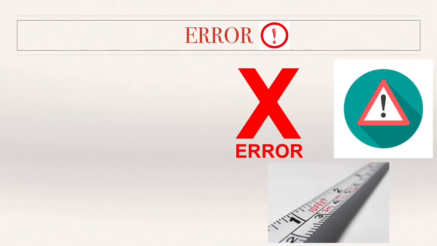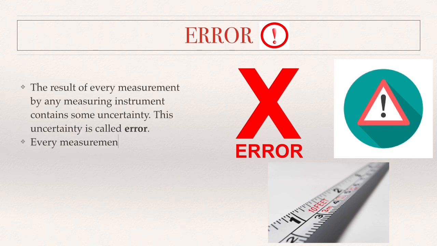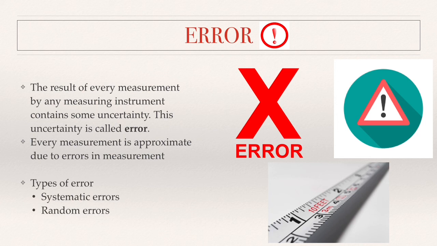Well, the main purpose of representing any measurement in a Gaussian distribution is that there is an uncertainty in any measurement. However hard we try, we cannot achieve a 100% accurate measurement because instruments have some limitations. Humans also have some limitations. Although if we use any machines, they have some limitations. So every result has some uncertainties. These uncertainties are called error, and these errors are divided into two types. One is systematic error, another one is random error.